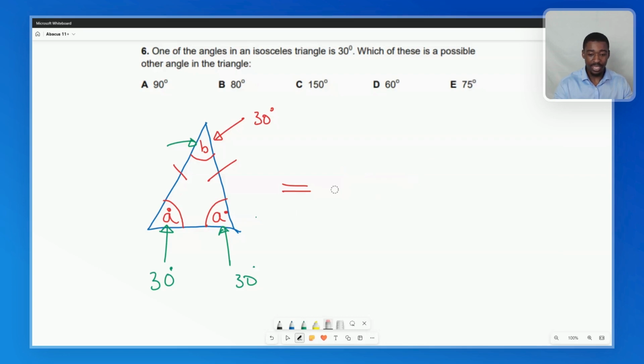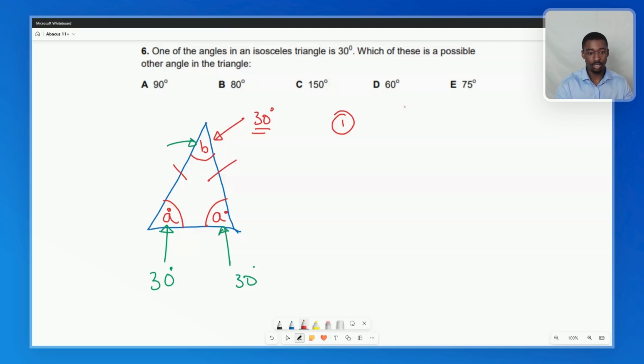So based on those two scenarios, let's work out the possible angles in this triangle, which will help us answer this question. So let's do scenario one in red. Okay, scenario one right here. In this case, we're saying that this angle B is 30 right here. If this was the case, what must these other two angles A and A be? Well, if we know that the whole triangle adds up to 180 and B is 30, that means these two